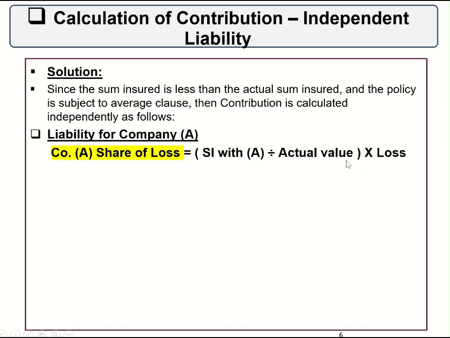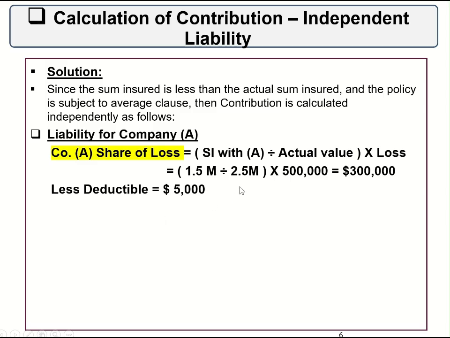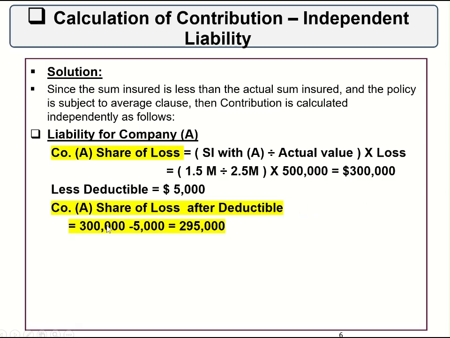In this case, company A's share of the loss will be equal to the sum insured with company A divided by the actual value, multiplied by the loss. That is 1.5 million, the sum insured with company A, divided by 2.5 million, the actual value, multiplied by the loss, which is 500,000, which equals $300,000. Now there is a deductible under policy A, so we have to deduct the deductible, which is 5,000, from 300,000. So company A's share of the loss after deductible will equal 300,000 minus 5,000, which equals